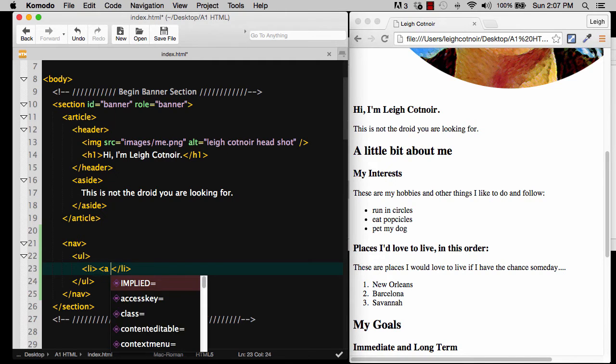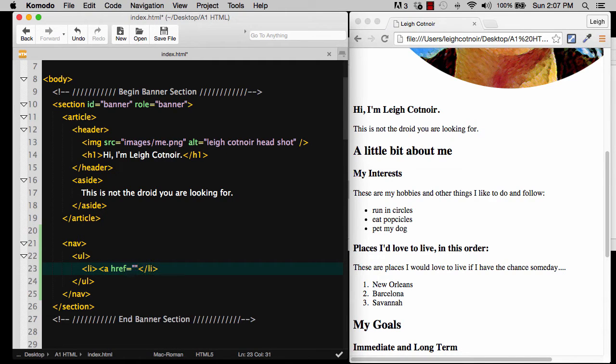So we'll say href equals, and then I'll also put a pound symbol here because this is the basic anatomy that they're all going to have. And just so it's easy to see where the word is supposed to go, I'm going to say about me